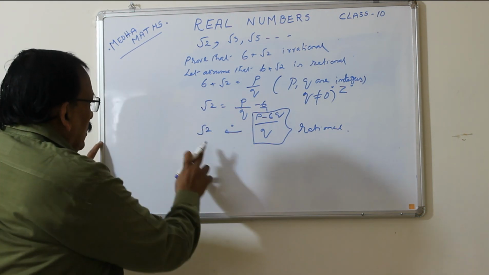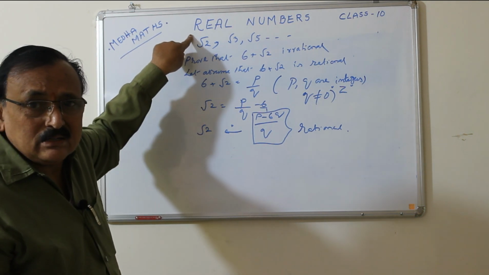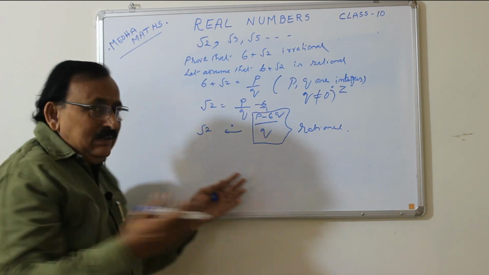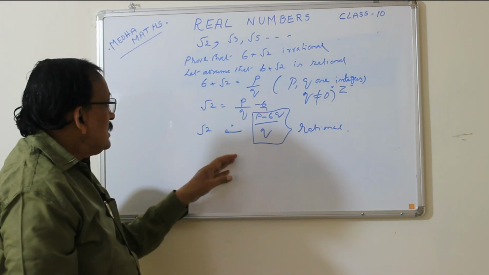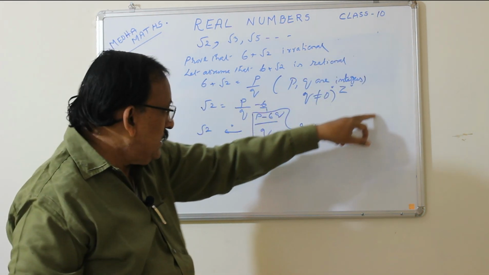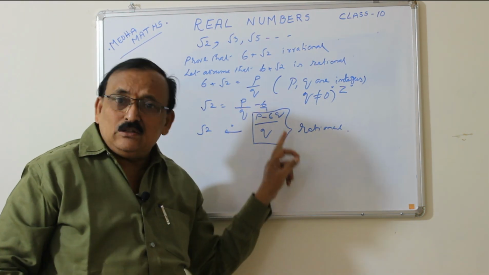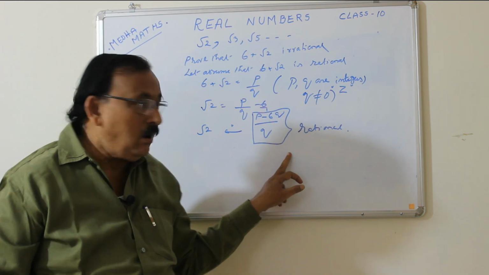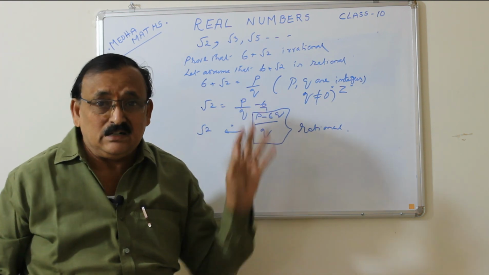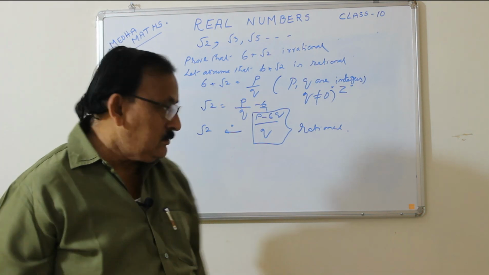But what happened? Root 2, we already proved that it is irrational. What happened? It is not possible. So root 2 is irrational. So why did this contradiction happen? Because I assumed that 6 plus root 2 is rational. In this way, I got root 2 is equal to this value, P minus 6Q by Q, and we know that all the fractions in terms of P by Q are rationals. So root 2, as per our equation, is rational, but it is not rational, it is irrational. So my assumption is wrong.